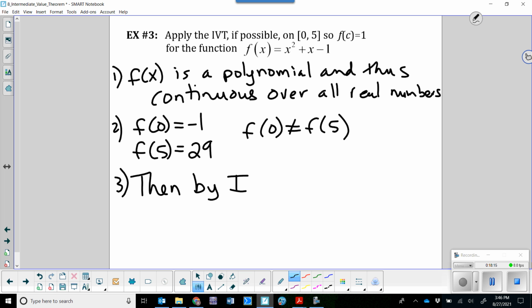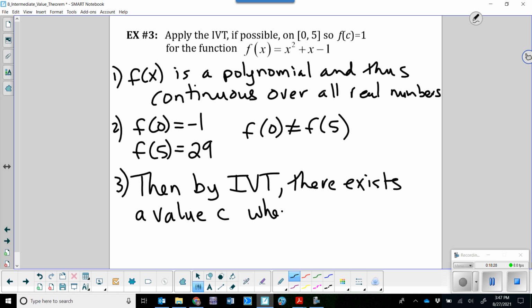So then by the intermediate value theorem, there exists a value c where f of c equals 1 since f of x takes on every value